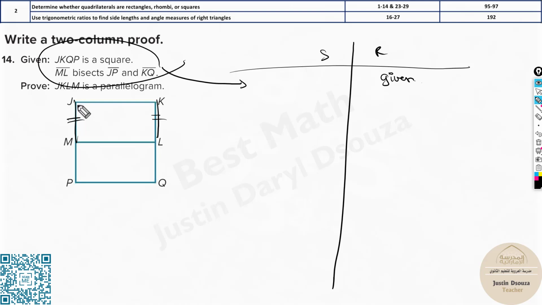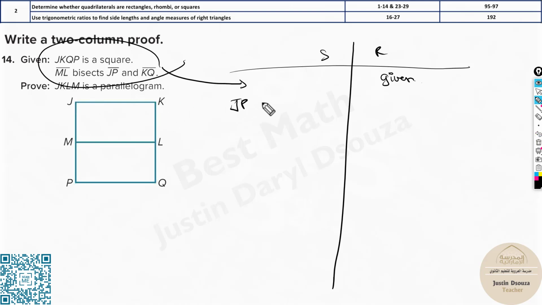Why? Because here, yes, this is a square, but for the midline bisection, we don't have much information about the middle lines. They have told over here, ML is bisecting. So I can easily find these both and I can prove this. So I'll just focus on the sides. Now what we will do over here is, first thing,